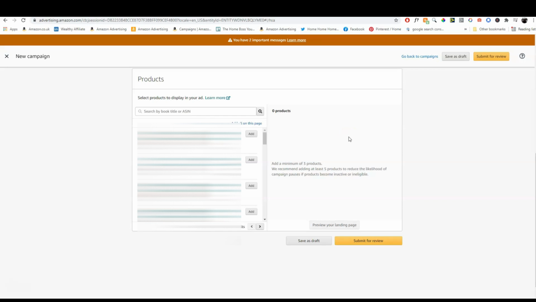Imagine as a buyer what you would like to see. If you're searching for coloring books, you wouldn't want to see a coloring book together with a logbook and a journal. You want them all to be coloring books, for example. So choose your books in that sense, and then you just click submit for review.